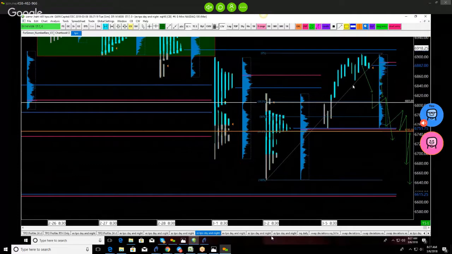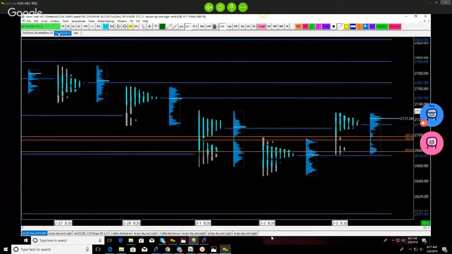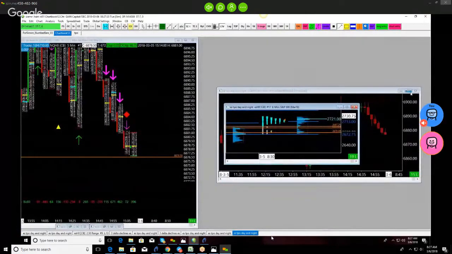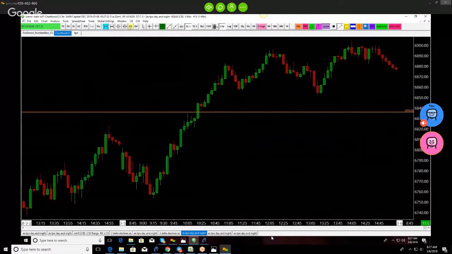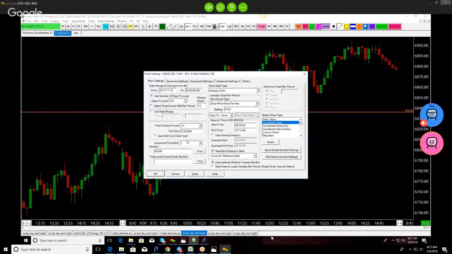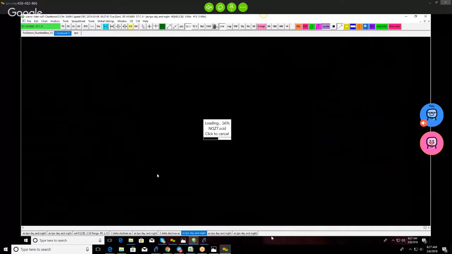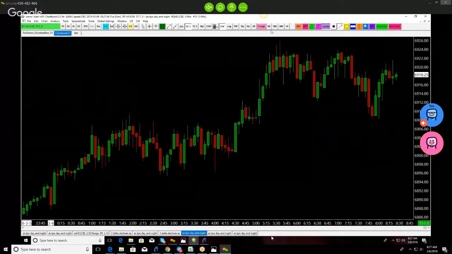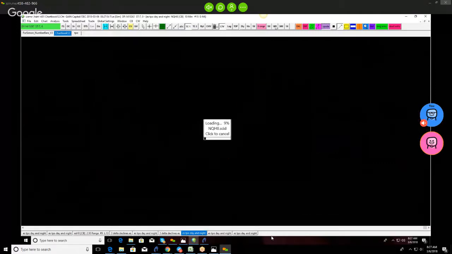So my next series will be intraday. We'll be looking for the break of the last swing of a 62 retrace. And so what that would look like is NQ, chart settings. So let's just do it on a 10-minute scale. See if we can get this quickly. Loading too many days. One second.